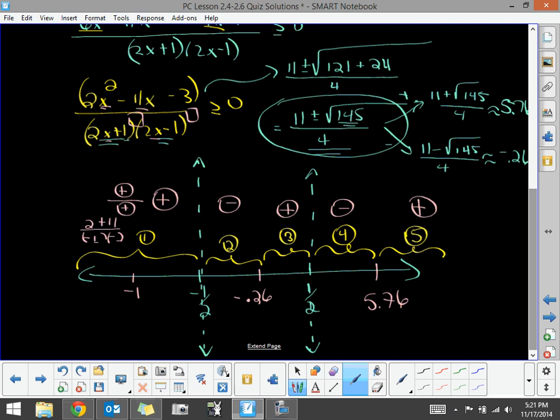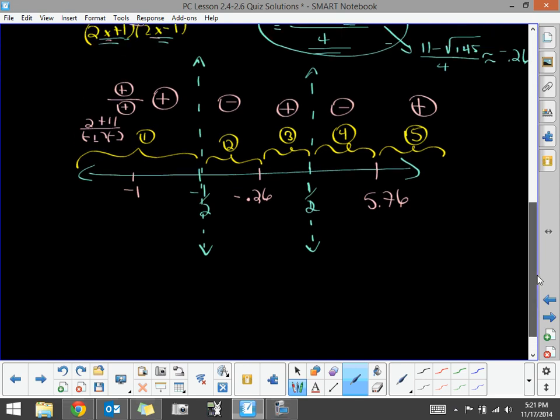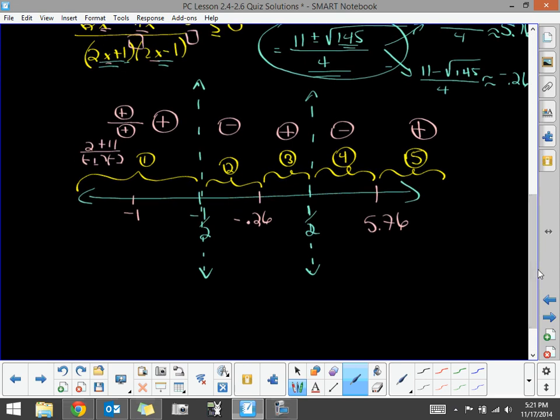So now I'm going to look for the intervals in which it is greater than or equal to 0. So I definitely have an interval out here from negative infinity up into negative 1/2, but negative 1/2 is a vertical asymptote. We can't use it, so we go up to that. We want to union that with the next positive interval, which goes from this negative 0.26, so parenthesis, negative 0.26, sorry,